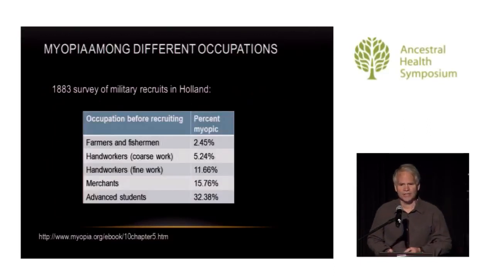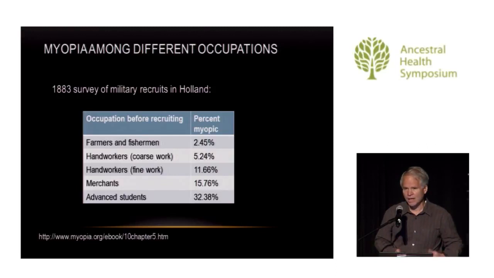If you go back to some of the early studies on myopia, there's one from Holland in the 1880s looking at military recruits, looking at the occupations of where people came from when they were